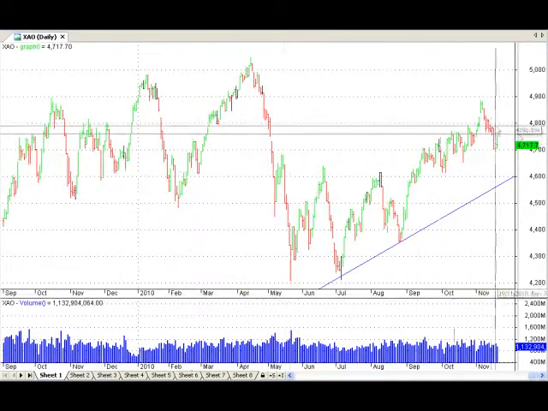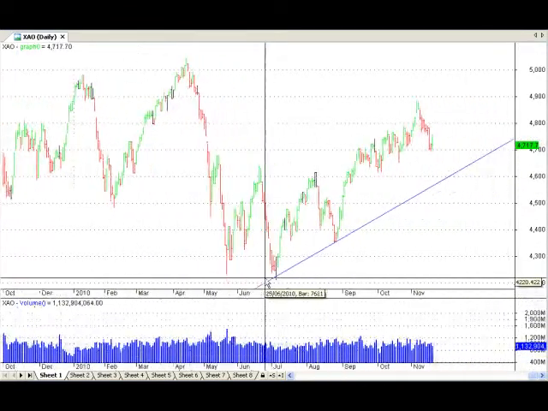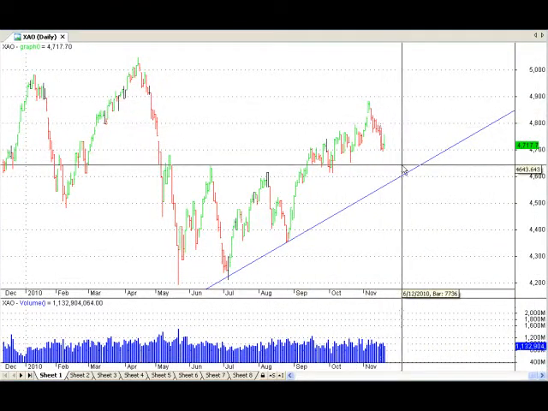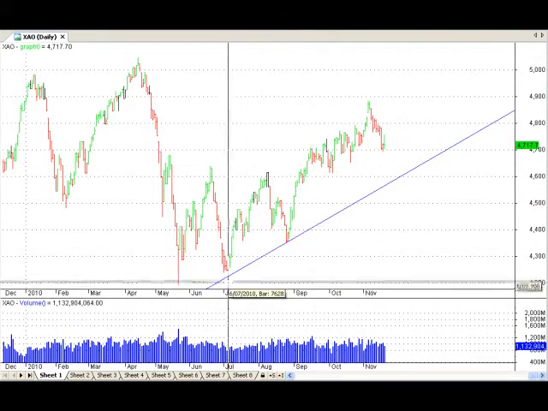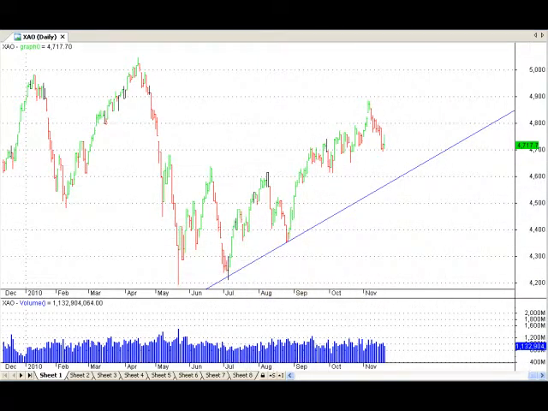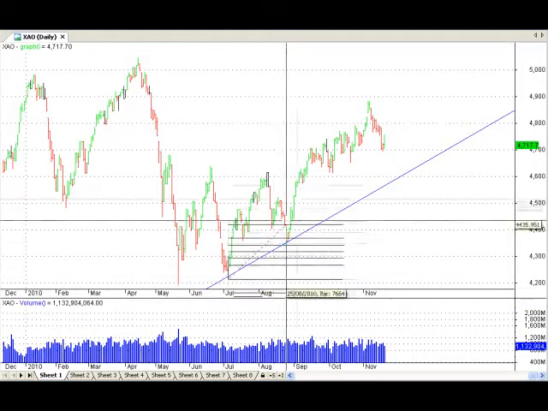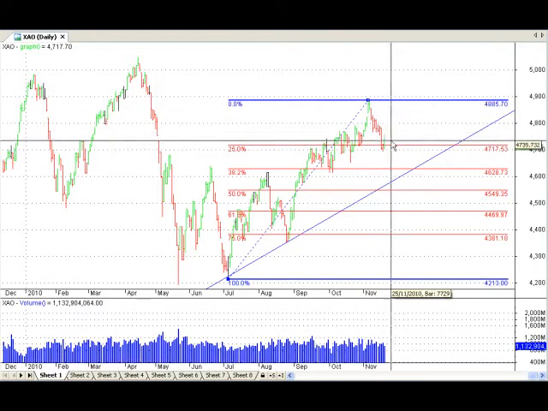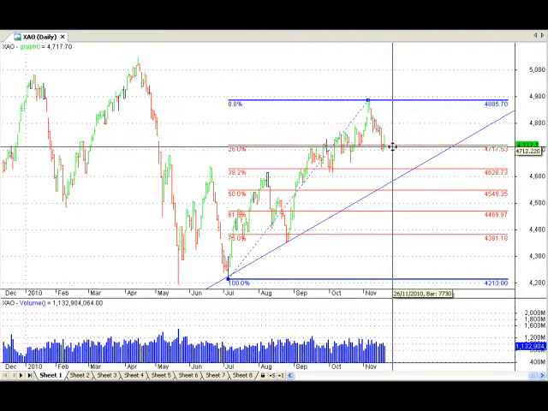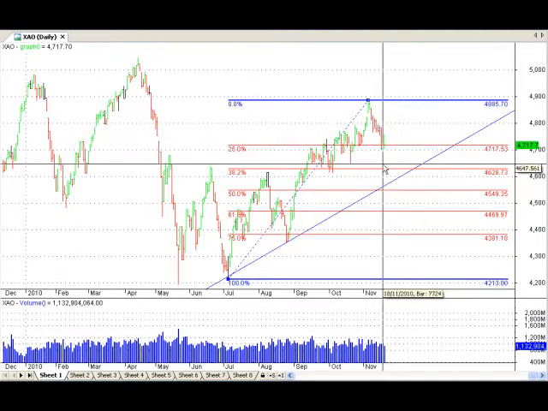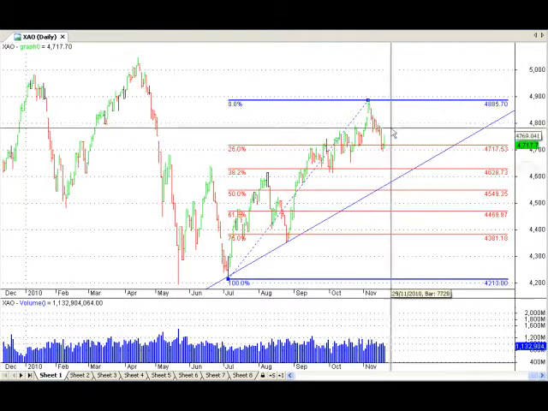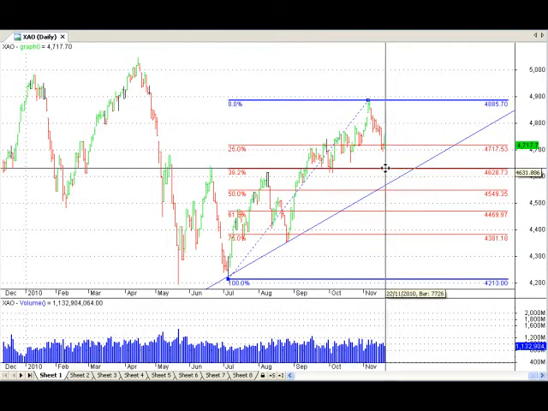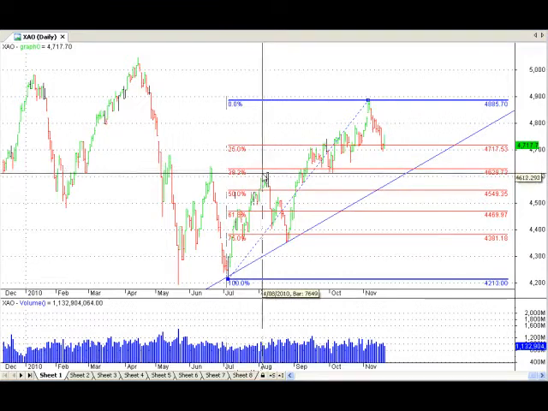But if we look at where we're heading at the moment, it's very possible that the top is 4,800 on the All Ordinaries, and we're looking at a probable retracement. Now, this is very simple stuff using price extensions and retracements, guys, and the percentages that we use are based on Gann percentages and Fibonacci percentages. I won't go into them in too much detail. Suffice to say, we could expect a retracement on the All Ordinaries down to about 4,628 based on a 38.2% retracement of the previous move.